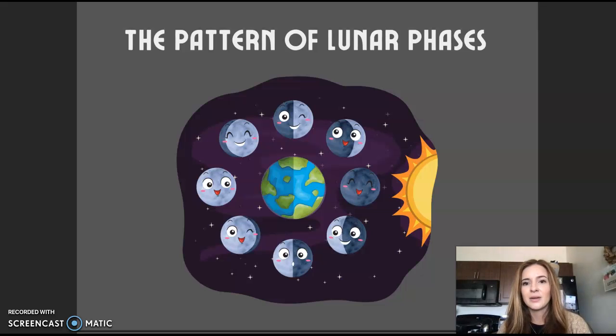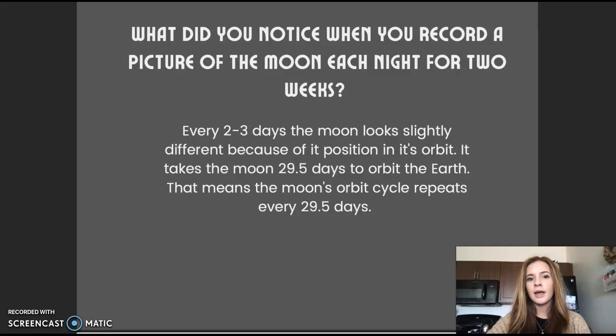Hi class, today we're going to talk about the pattern of lunar phases. So, for the past 2 weeks, we've been having you guys go outside, look at the moon, and draw a picture of what you see. Right here is a picture of what we want you guys to recognize. So, I'm going to come back to that picture, but for now,